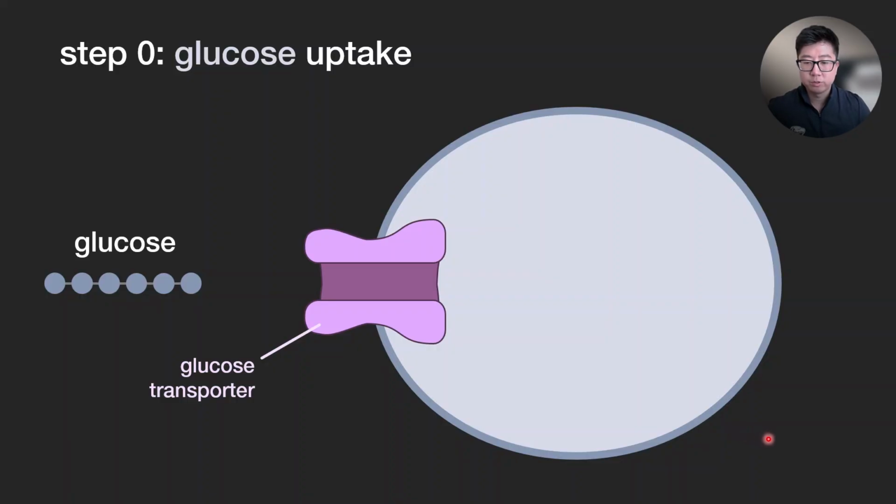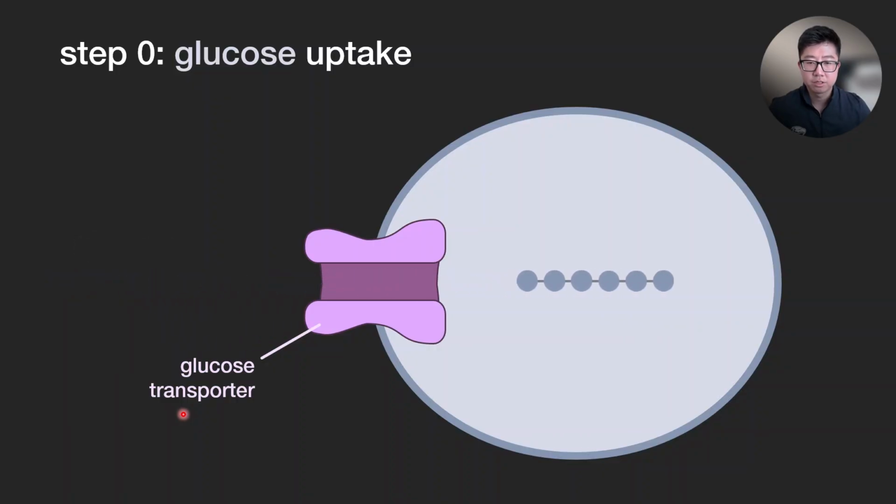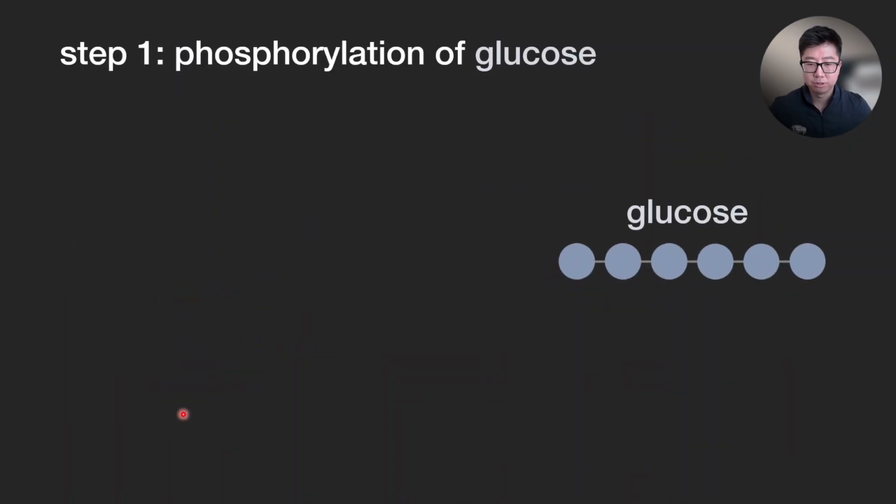So before we get into it, how does glucose actually get into the cell? It enters through a process called facilitated diffusion. So that means glucose relies on these glucose transporter proteins on the plasma membrane, and it moves down its concentration gradient. All right, so now glucose is inside the cell. So the next question is, what does the cell actually need to do to glucose in order to make it usable for energy? So on its own, glucose is actually pretty stable, and that's good for transport in the blood,